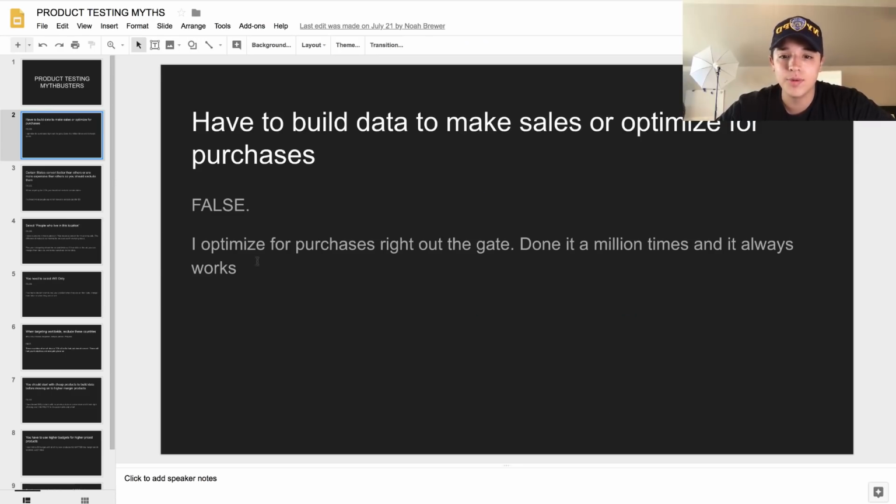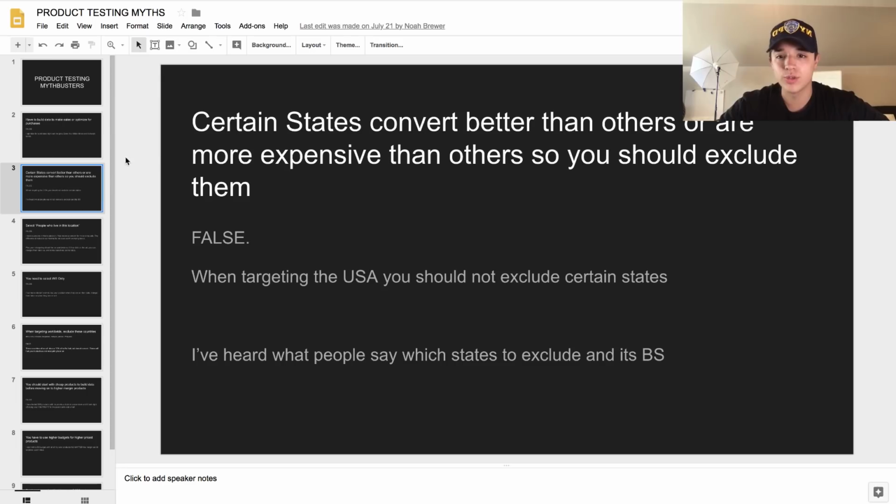It differs from person to person. Some people swear by conversions, some people swear by page post engagement. I've always just done conversions. They always do conversions. I've learned from them, and it's worked for me pretty well. So let's go ahead and go to the next one, which is certain states convert better than others